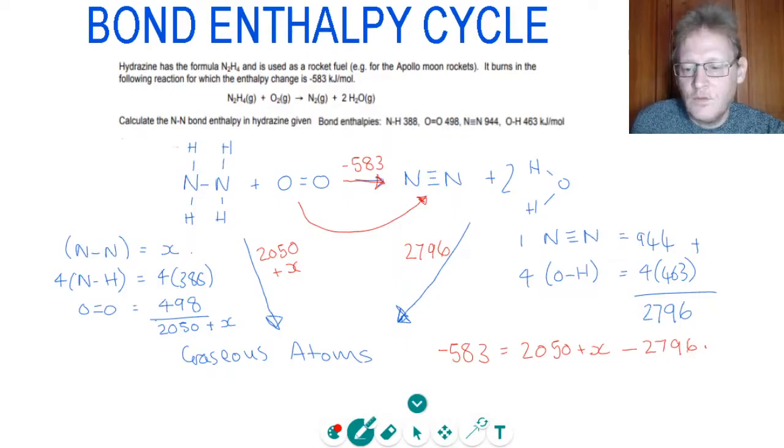So if we rearrange that for X, we could leave X on this side, take the other numbers the other side, we get